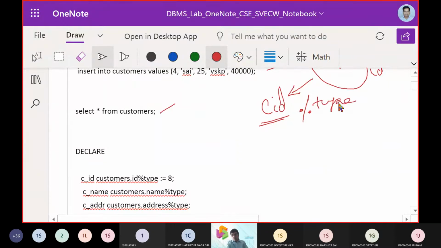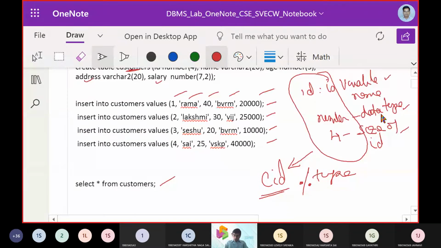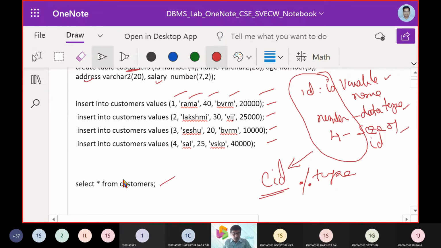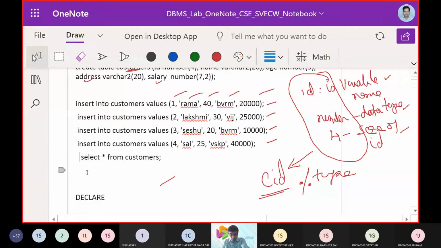What happens if I use percentage type means the same data type, the same size assigned to ID will be given to CID. That's all. Whatever the ID data type and size, the same will be given to CID. That is the key takeaway we need to understand as of now.